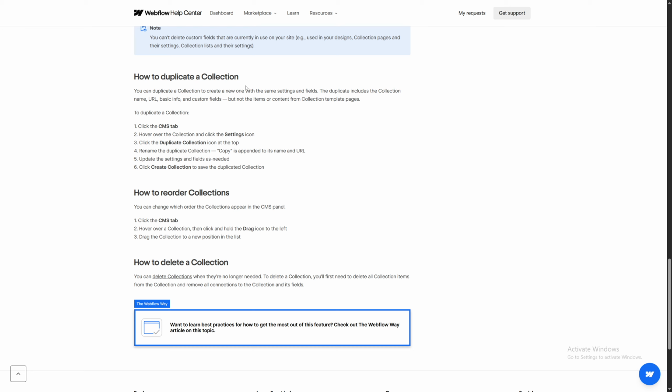How to duplicate a collection? You can duplicate a collection to create a new one with the same settings and fields. The duplicate includes the collection name, URL, basic info, and custom fields, but not the items or content from collection template pages. To duplicate a collection, click the CMS tab,